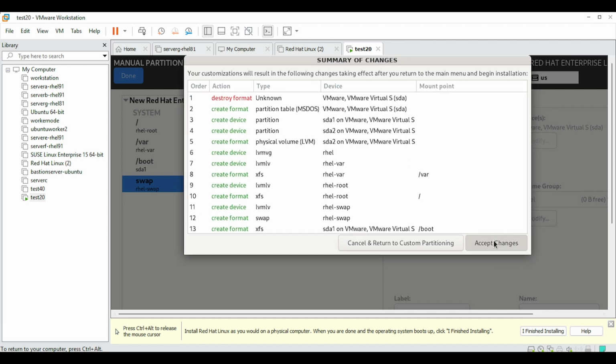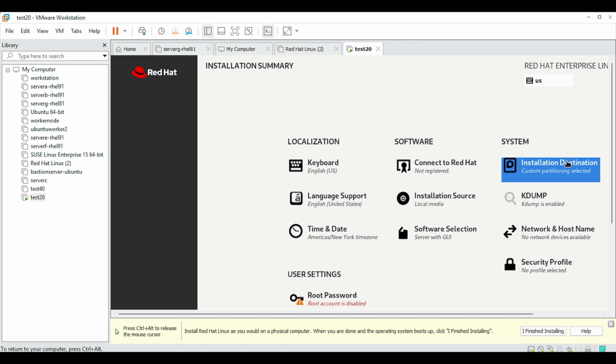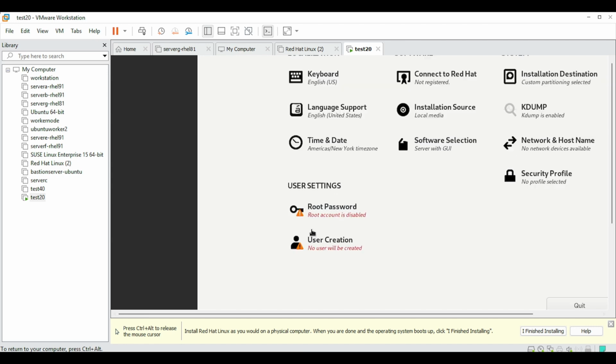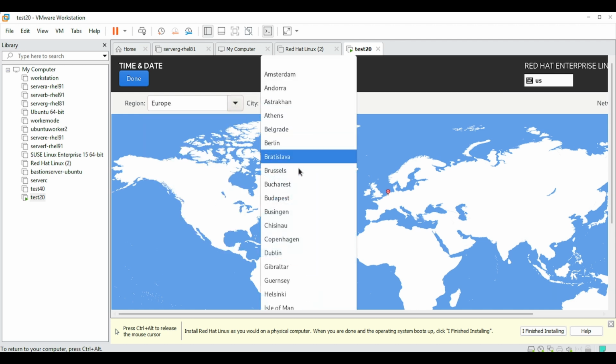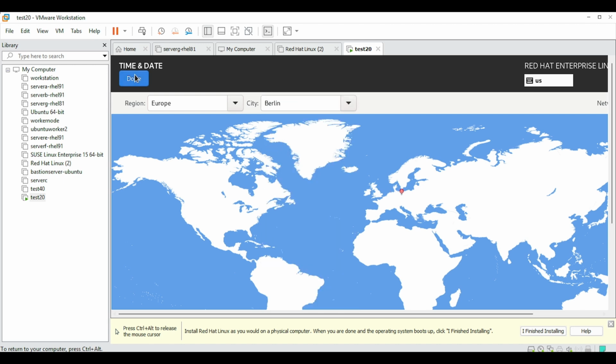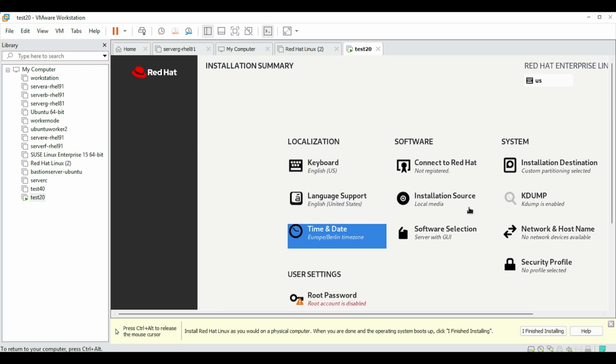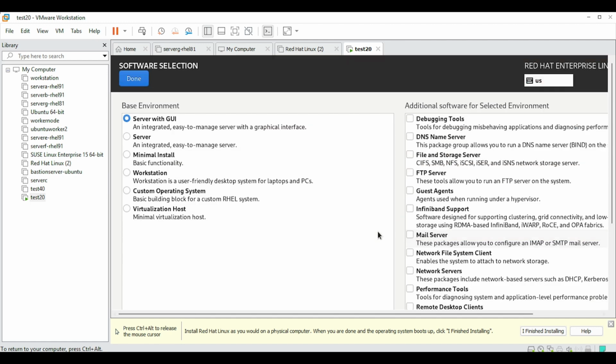Okay, so accept changes. Now again we will go to time and date. Then I will choose Europe and Berlin. According to your need or your organization's need, you can choose this. Then software selection.